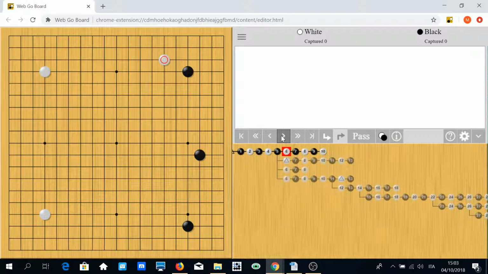White can approach like this. This is the simplest one. Black extends, white extends, and so on. It's a very territorial game. This is black's sphere of influence. This is white's sphere of influence. At least this is a double wing formation, more or less, and this is a perfectly playable position,